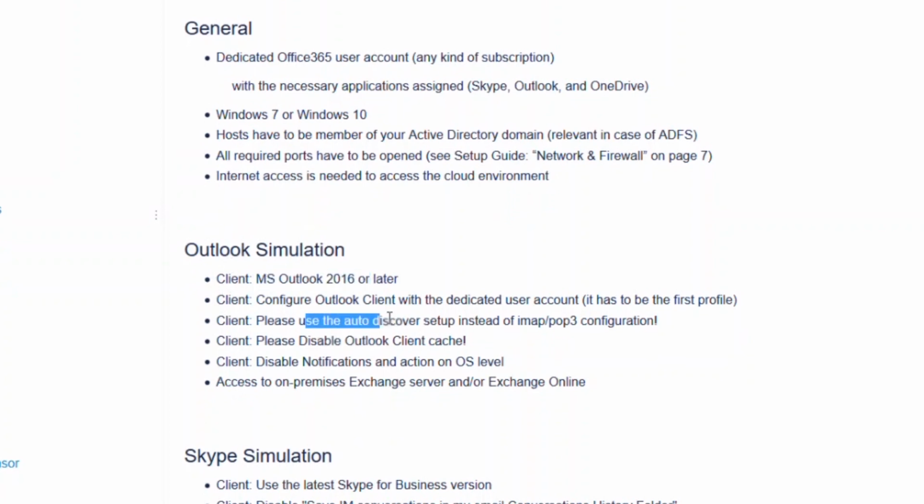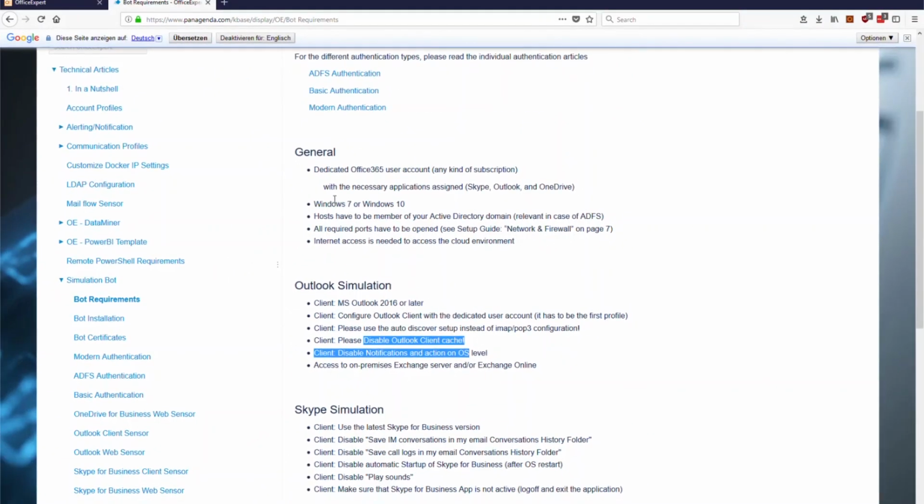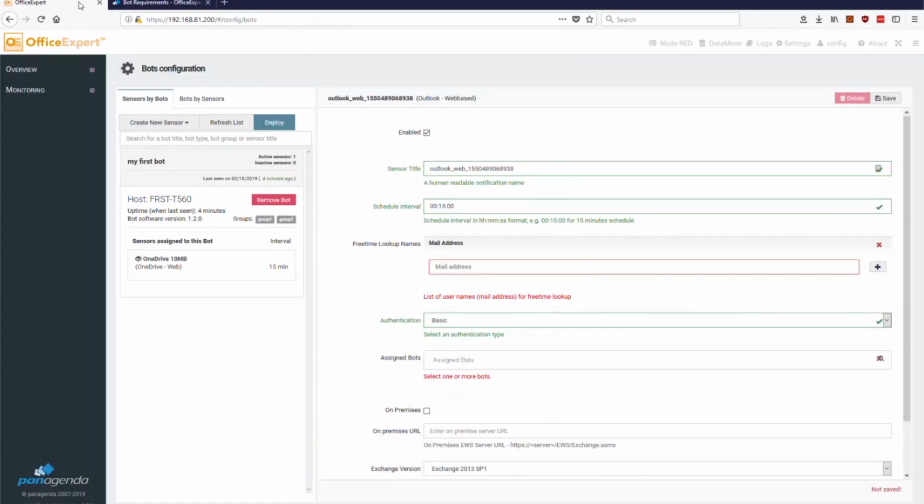Make sure that it's configured properly, that there is one user account or one profile dedicated, and that you disable and configure certain things inside of the Outlook client. That's pretty important. Otherwise, if you don't follow those requirements, the Outlook client simulation will not really work successfully. We have two types of Outlook sensors available, the Outlook Web and the Outlook client. For demonstration purposes, I will just use the web one because that's the simple one,